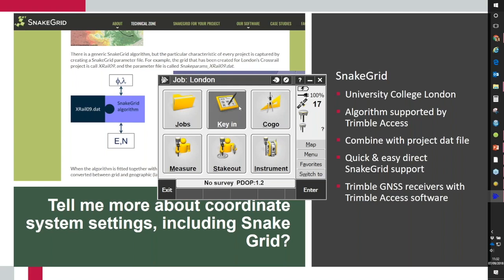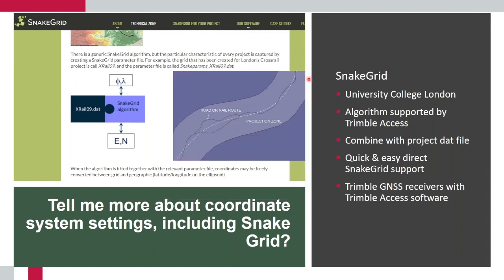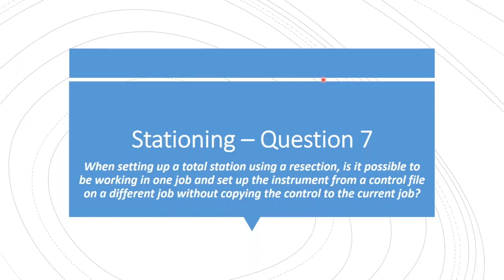So the last question, let me put my emulator down here. It's quite a wordy question. When setting up a total station using a resection, is it possible to be working in one job and set up the instrument from a control file on a different job without copying the control to the current job? Well,